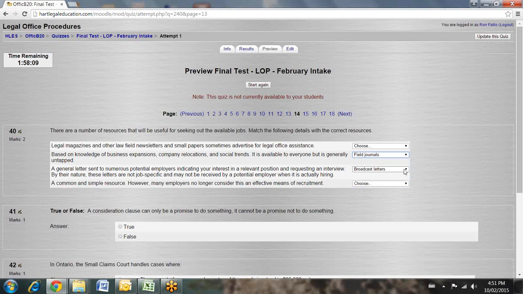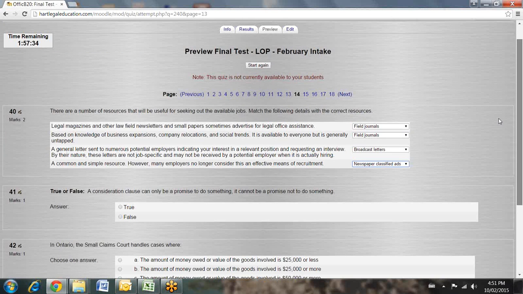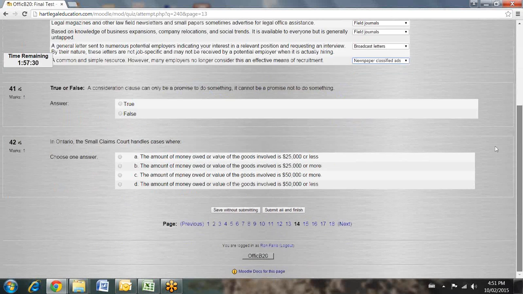And legal magazines on it. Oh, well, maybe I would have tried field journals. Well, there you go. I created this question, and I'm having a hard time getting the right answer. But it might be field journals, and that would leave us with the last choice, newspaper classified ads. Okay, so your students would then go through this, and then they would do their submit all